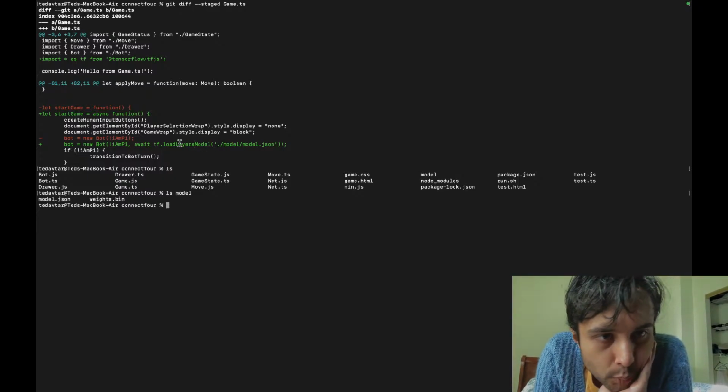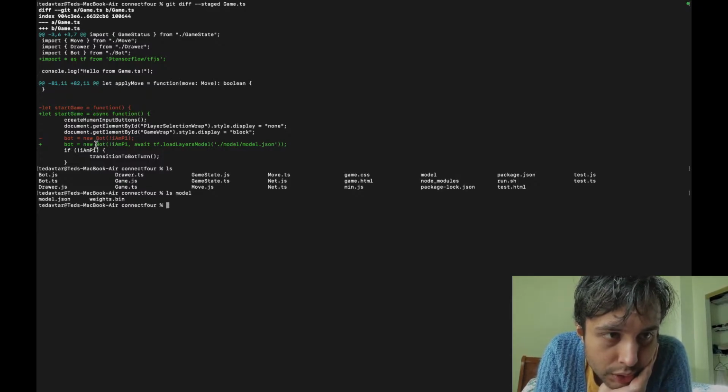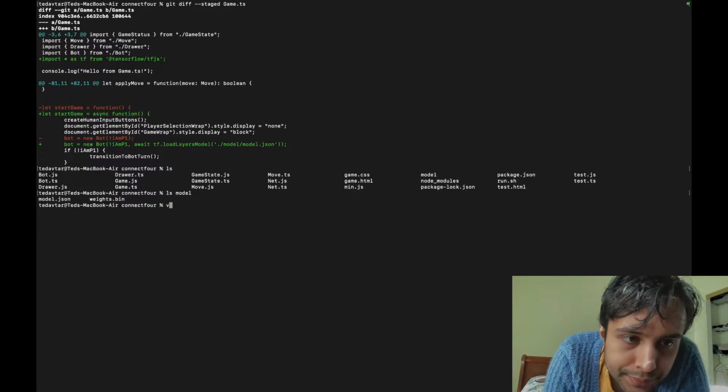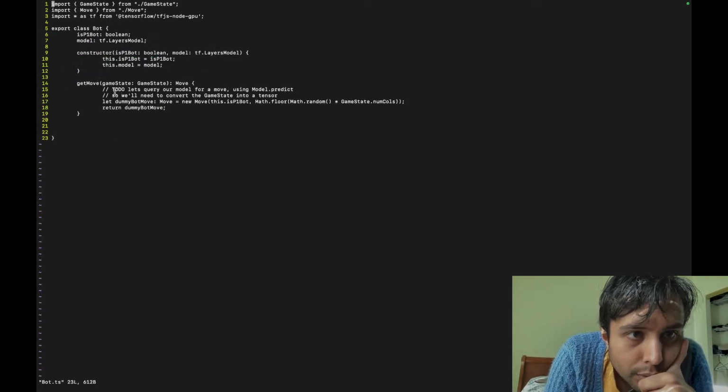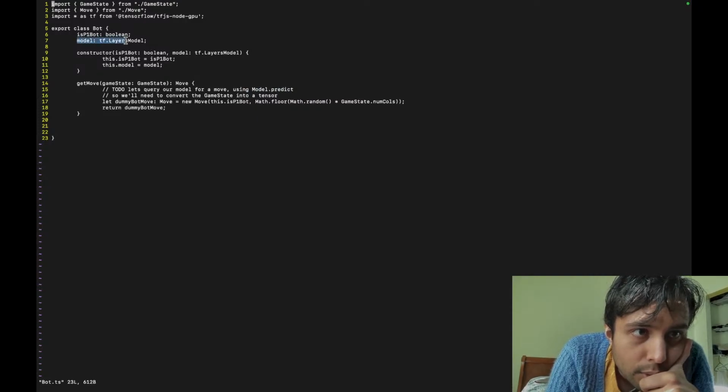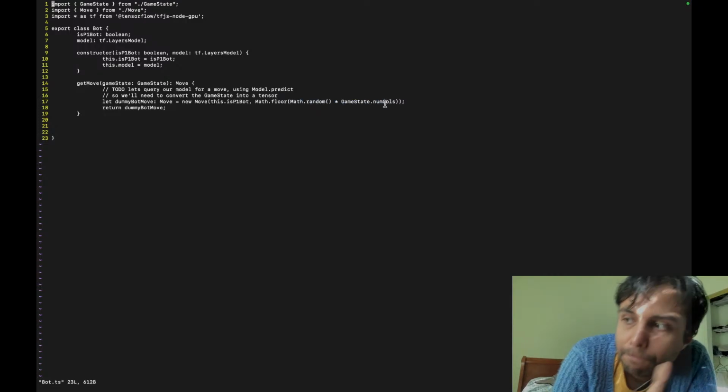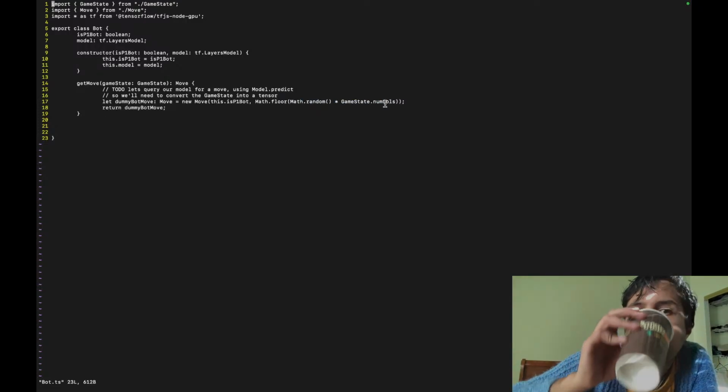So right now, we're actually loading up this model into the bot, but we have to use it. So let us use this, right? To do: let's query our model for move. Exactly. So we have a layers model and we have to actually use it. Right now, we're just kind of doing random. Okay, let us do this.